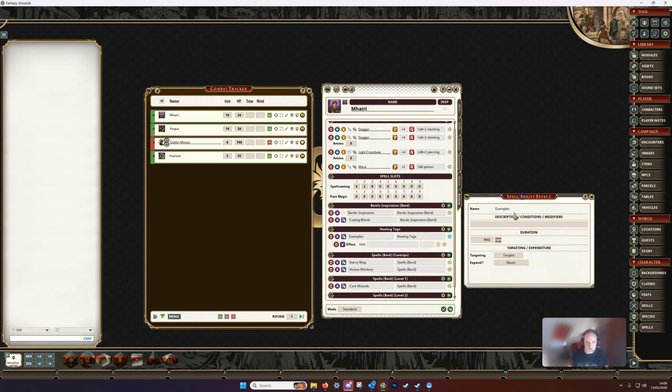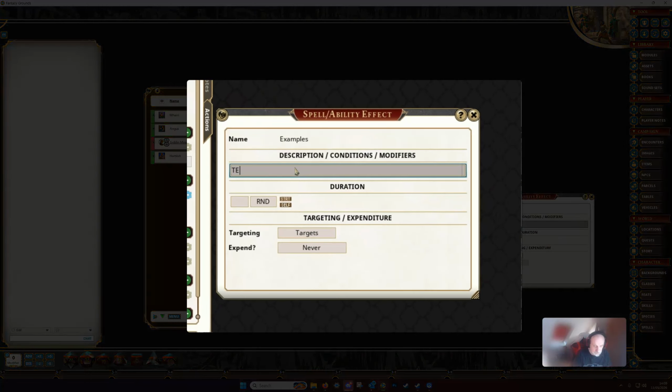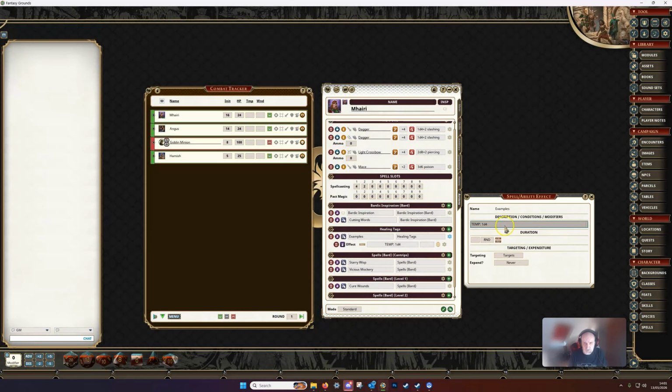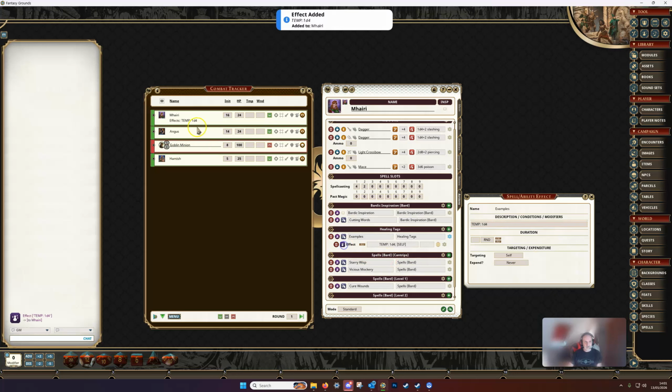So the first one we're going to be looking at is the temp keyword. So it's just temp. And then we can either have a number or a dice roll here. So let's do 1d4. And we're just going to make the targets self. This is going to apply to Vary. And so now when Vary does any healing or temporary hit points healing, then we're going to get an extra